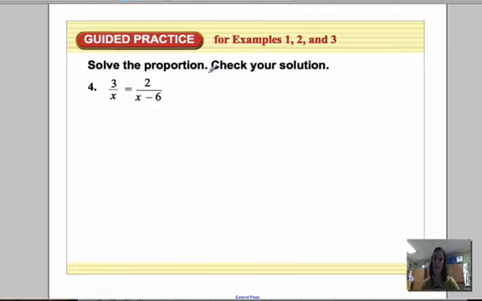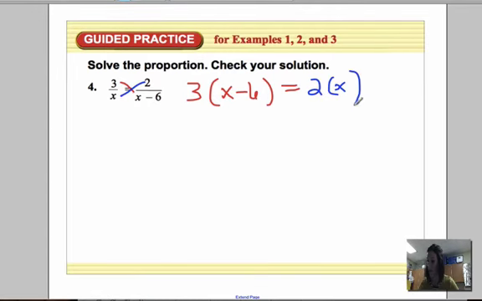All right, now this example is exactly what I was talking about. Cross products. So let's do the first cross product. I'm taking 3 times x minus 6, setting it equal to my second cross product, which is 2 times x. So again, cross products, we are multiplying the diagonals and setting them equal to each other. This first one I'm going to simplify. 3x minus 18 equals